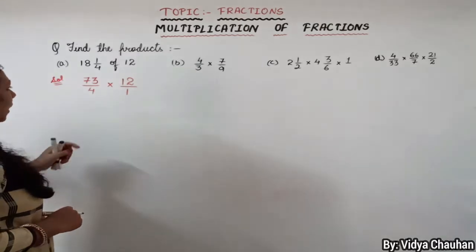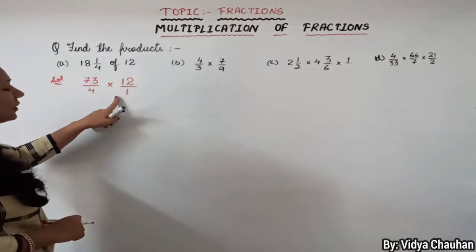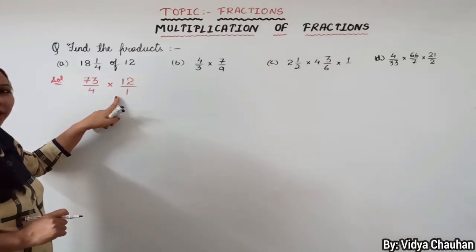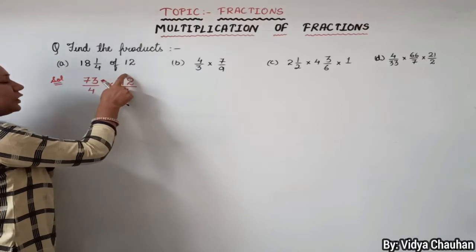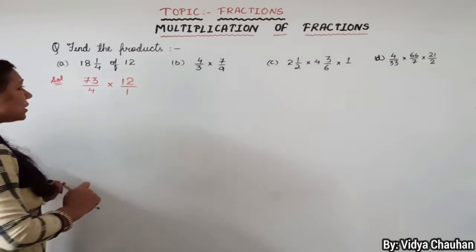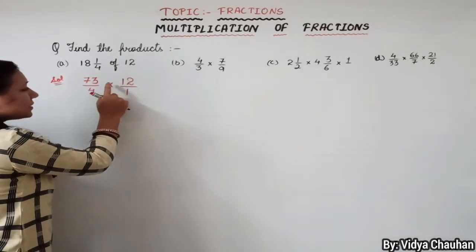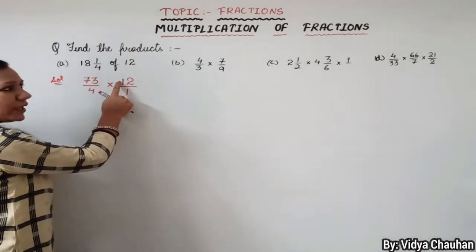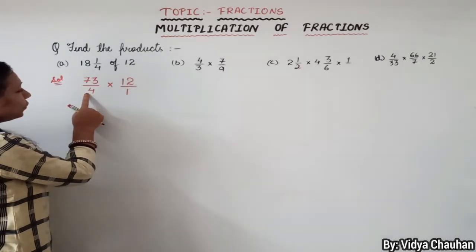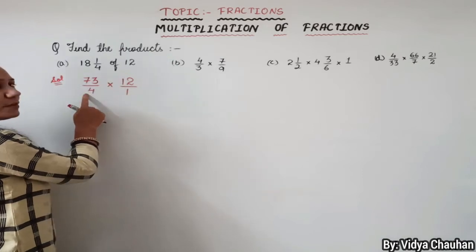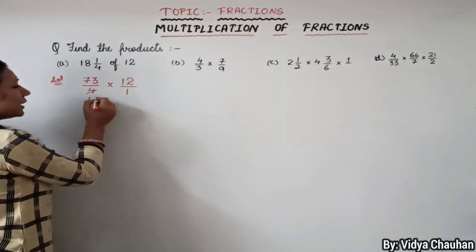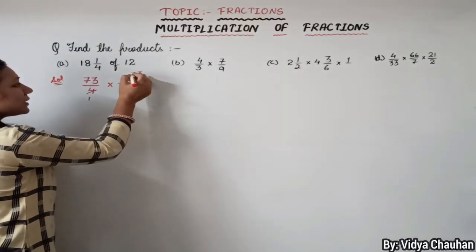Clear, students? Now, as the two fractions are ready and we have to multiply, multiplication says that we multiply numerator with numerator and denominator with denominator. At the same time, you can also see that there is a value in the numerator as 12 and in the denominator as 4, and you know that 12 is divisible by 4, so you can simplify the terms here only. 4 ones are 4, 4 threes are 12.